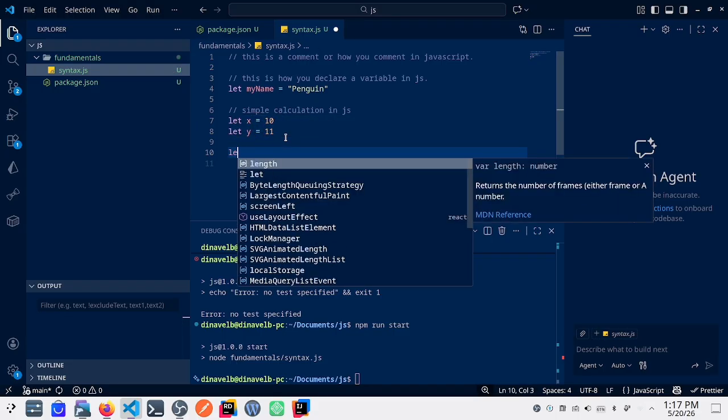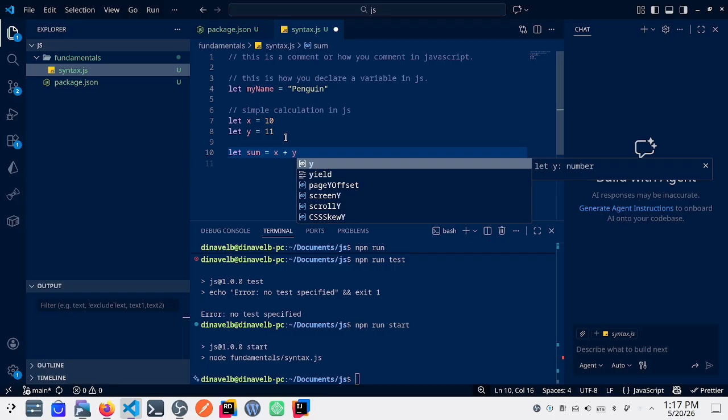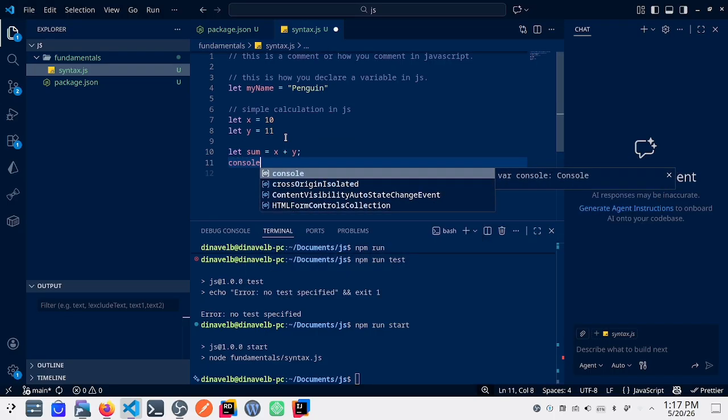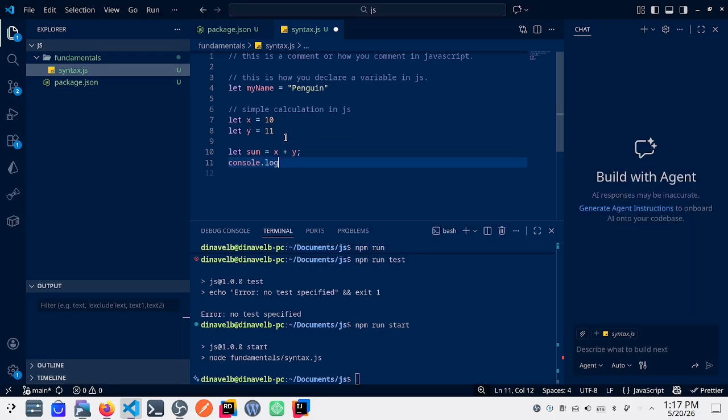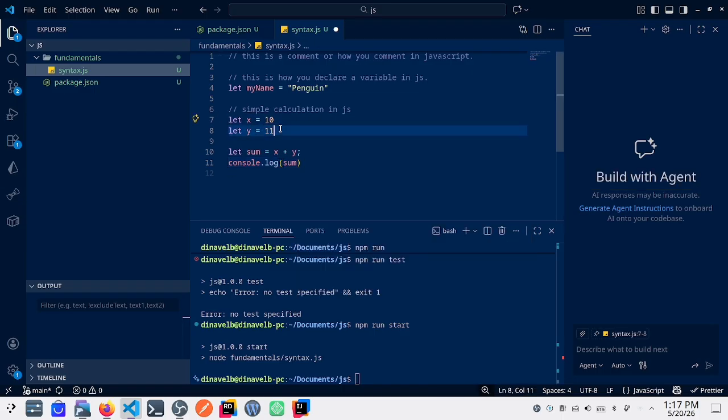Then to calculate it, we can just let sum equal x plus y. Console.log sum, and this will add variable x and variable y.